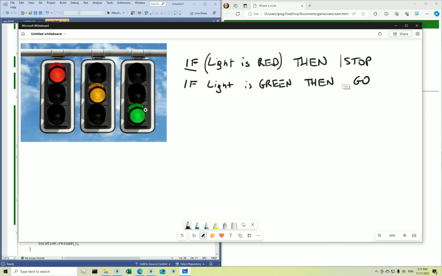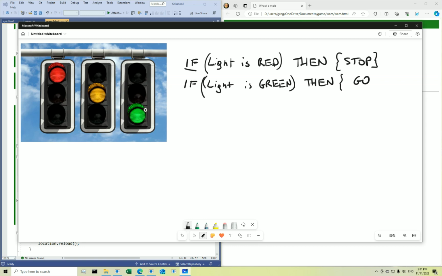Do this action, stop. If light is green, true. But we could even say, you know what? If light is red, actually no, let's just go with this for now. So if a light is green,